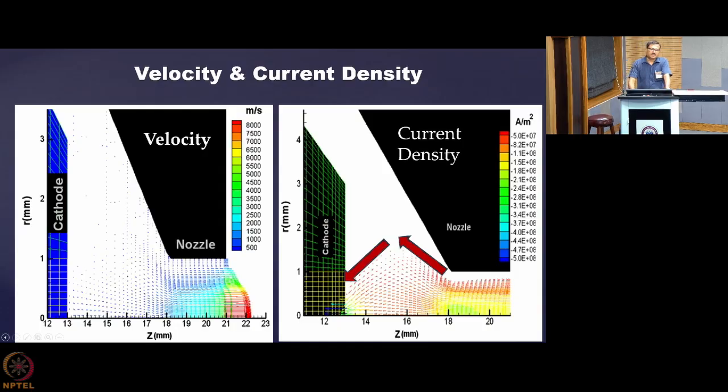What you are seeing here, this is the cathode end, this is the hafnium insert, and this is the nozzle exit zone. I have used again a cutting torch configuration. So this is 1 millimeter, that nozzle exit, so the diameter will be 2 millimeter. This is the radius, and just for understanding purposes, we have chosen this example to see how the pressure is so high in this zone.